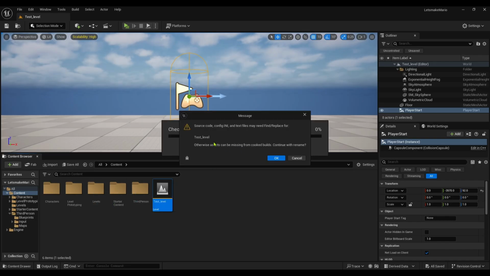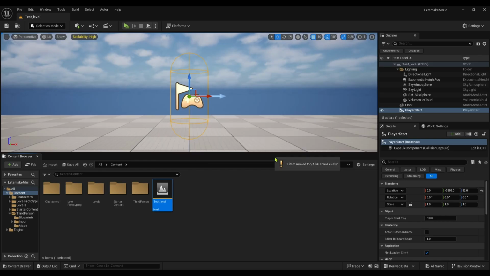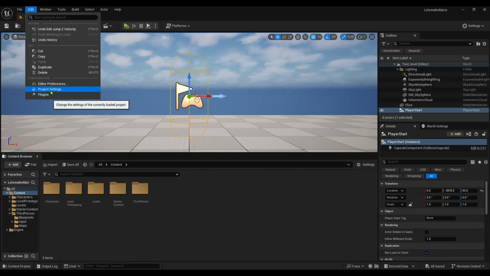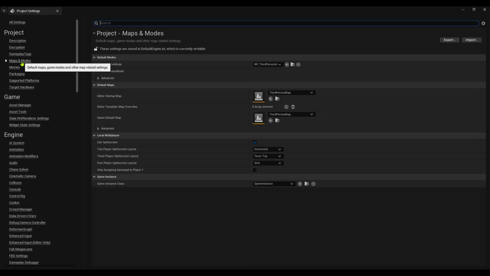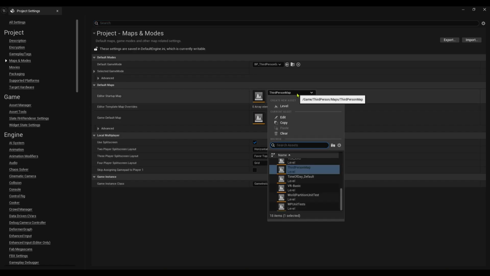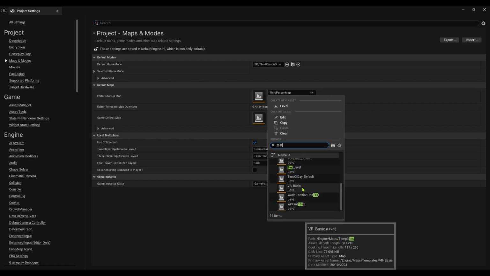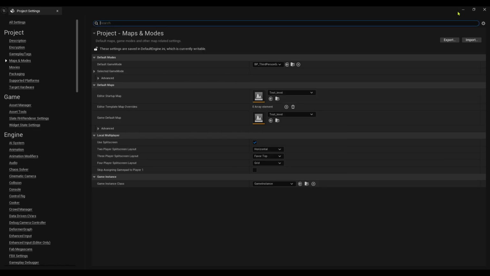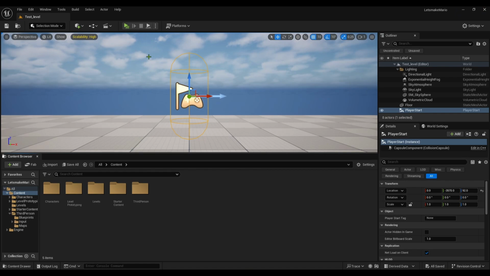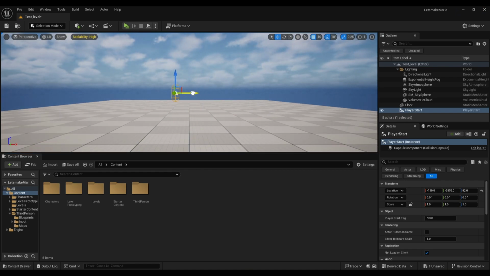All right. Now, it'll be fine. Now, one thing to note that when I restart the project, it will restart in my third person map. I don't want that. So if you go up into edit, project settings, and the top left of the same maps and modes, you click on that and it says editor startup map, change it from third person to test level. And I'll do the same for the game default map as well. You don't even need to hit save or anything, just close the window. And the next time you open up the project, you'll see that it will